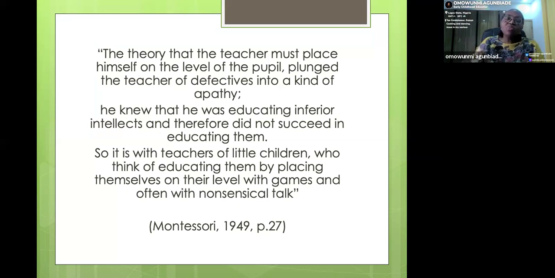And she got to the point where those children who were regarded as idiots then, special needs children, sat for the same examination that normal children would sit for, and they did better than the normal children. So everybody was wowed. That was the birth of that method. And they started talking about it.